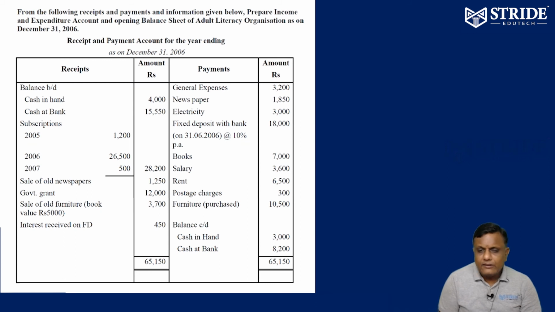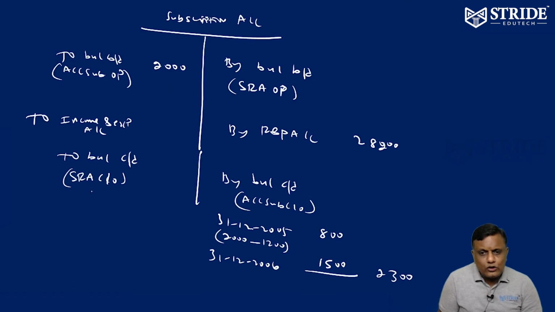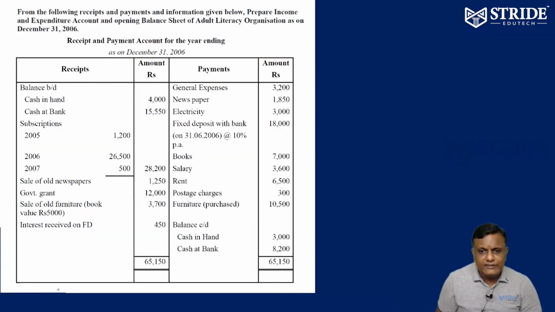Come back here. Last year money I adjusted. Current year money. Next year money we have received. Next year subscription how much? 500. Now received 500. So this is the balance carried on. Current year subscriptions are done, opening not given, therefore dash. Next year money now I received 500. That's it.